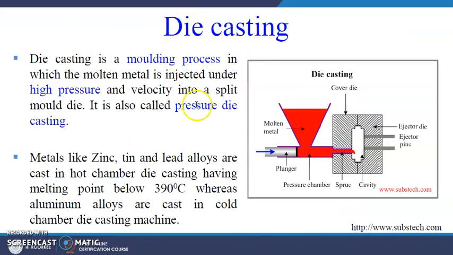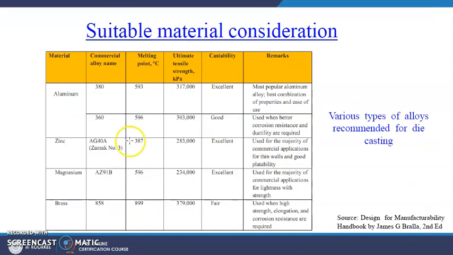design guidelines for die casting. As you know, in die casting you feed with the help of a pressure chamber, and this is the sprue and this is the cavity. You are feeding your molten metal from the plunger or pressure chamber to the sprue and to the cavity, and the ejector die and ejector pins will be there. These will remove the solid part. Basically this is used for the manufacturing of many kinds of plastic materials. So what are the design guidelines for die casting, that we will see.